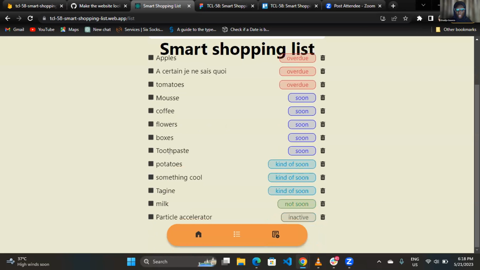shopping list items along with the soon and then kind of soon and then here inactive. So far, this is what we have, you can see we have a list that when we hover bottom of the